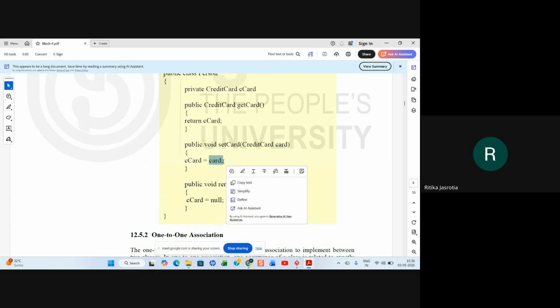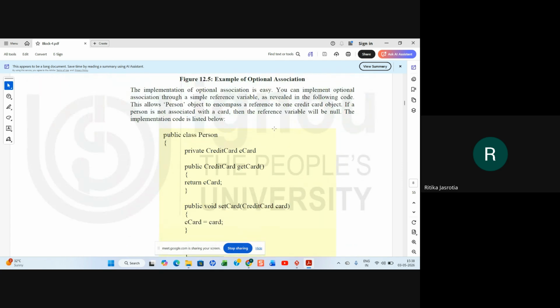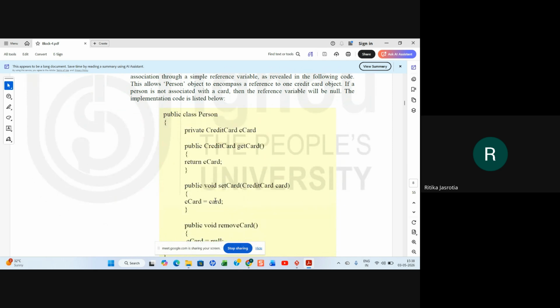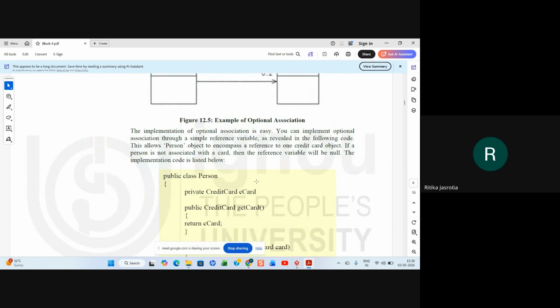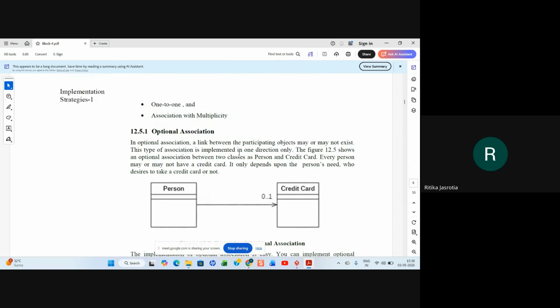If the person has a card, then it is set like this. If it doesn't have a card, it is set like this, null, right? There is a reference. If he has a card, the object encompasses a reference to one credit card object. If a person is not associated with the card, then the reference variable will be null. This way they have implemented optional association, right?